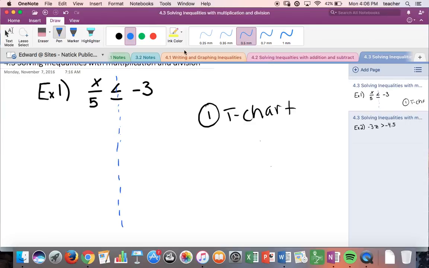down our inequality symbol. Remember, two purposes here. It's to make sure whatever you do on one side, you do on the other side. So it acts as a line of symmetry, but it also acts as a placeholder for your less than or equal to symbol. Then in our second step,